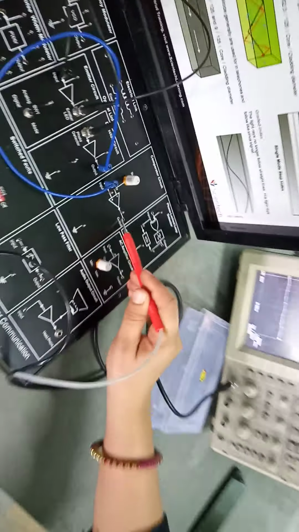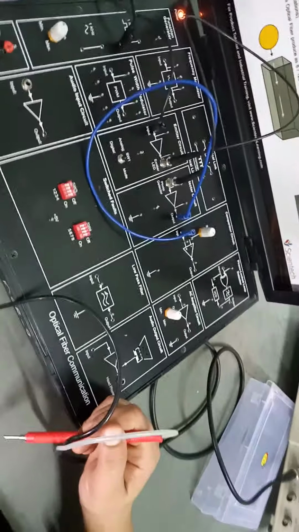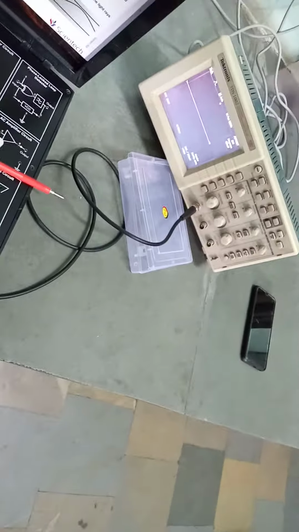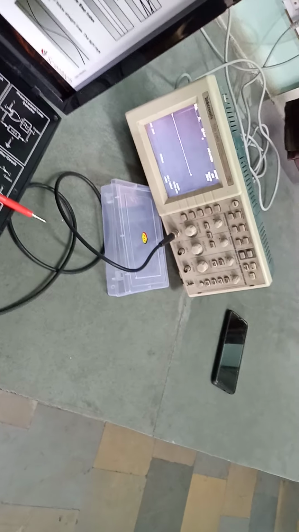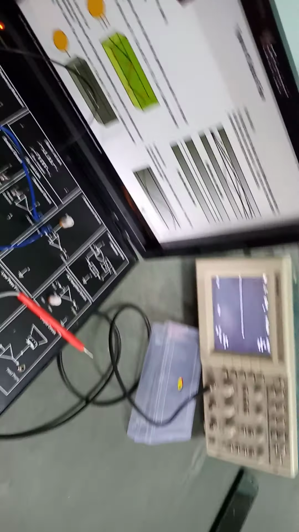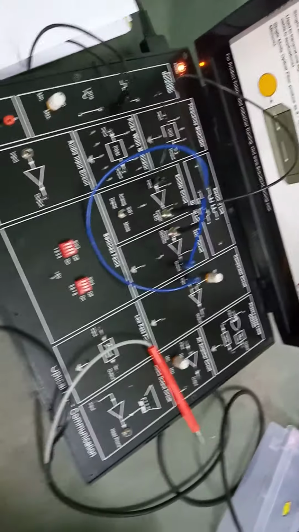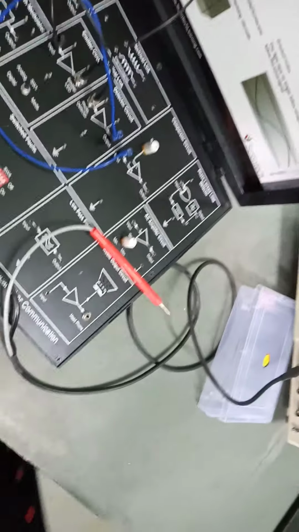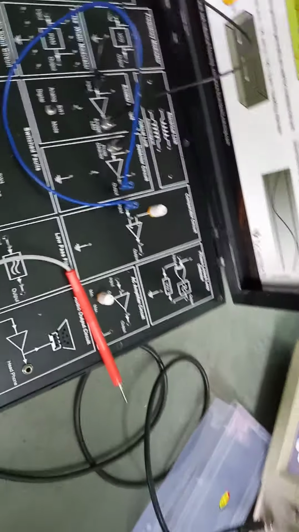So this input we have got. In this fiber optic cable link we are studying the relationship between the input signal and the received signal. Whatever input signal we are giving in this fiber optic cable has been converted through the emitter LED, and that input signal we are getting as an output.